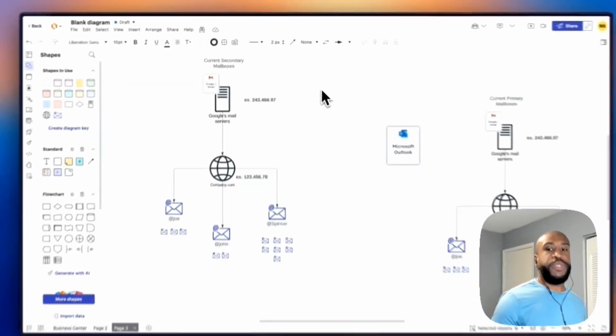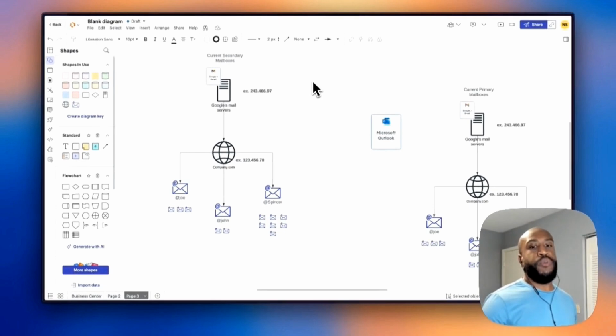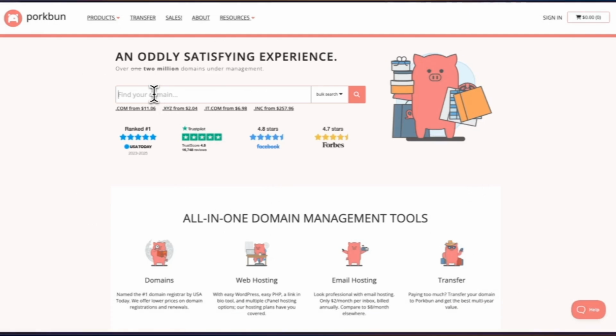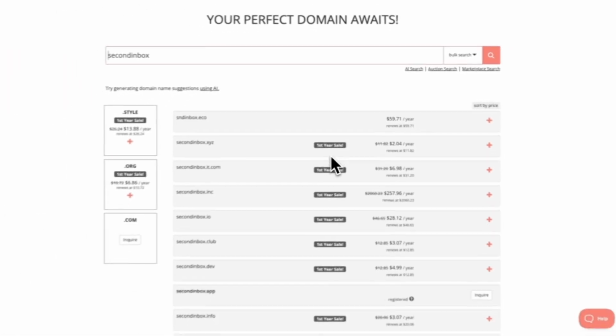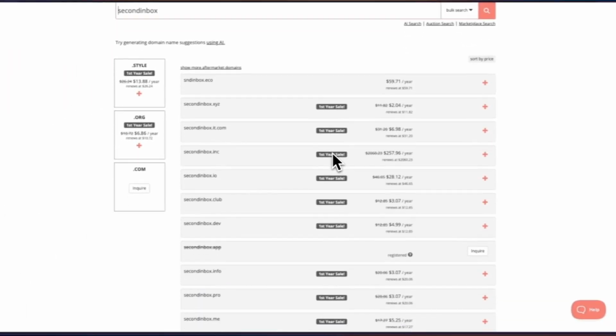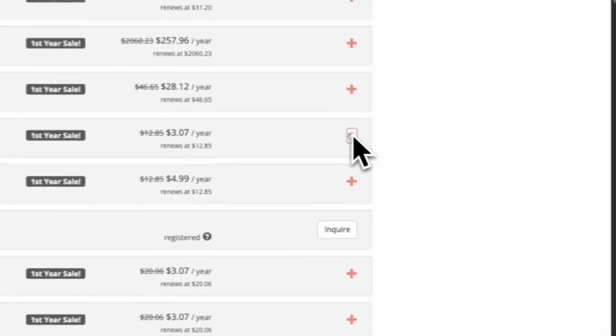What people typically do is they would go and create a new domain or buy a new domain from a registrar like Porkbun or Cloudflare, and they make it pretty easy to set up and manage. And then you would essentially point the MX record in one of these registrars to point to Google's email server,